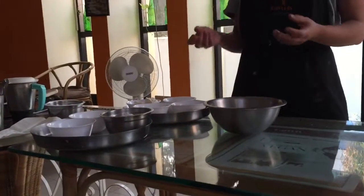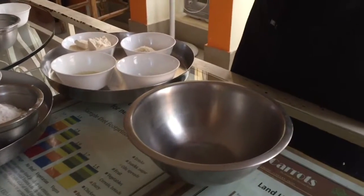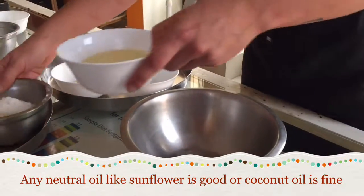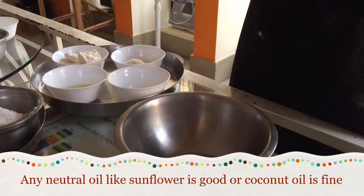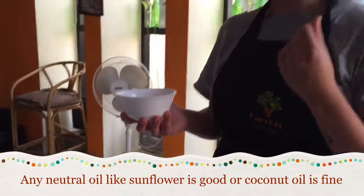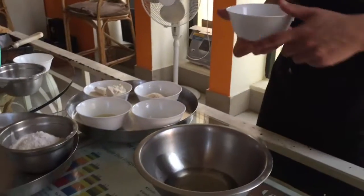You usually have 3 parts flour, 2 parts fat, which I'm going to use oil today, and 1 part sugar. So you start off with the oil. I'm using sunflower oil today. If you can get hold of it, coconut oil or any other oil, obviously nothing too flavourful. You want the biscuit to kind of taste what it is. So oil in first,